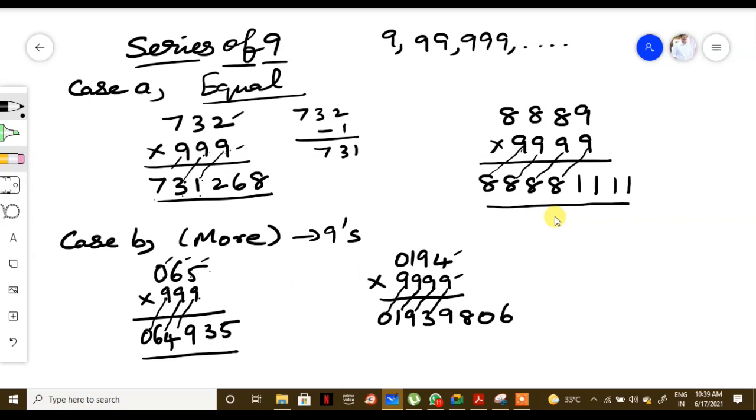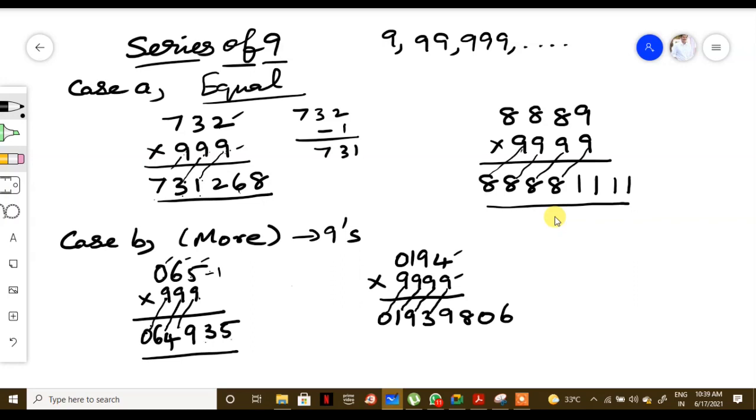If the digits are equal, we can do it like this. If the digits are not equal and it is nines or more, we put a 0 before this 2-digit number and make it a 3-digit number. Then we do the usual method: subtract 1, then subtract 9 minus 0, 9 minus 6, 9 minus 4, and we get the answer as 935.